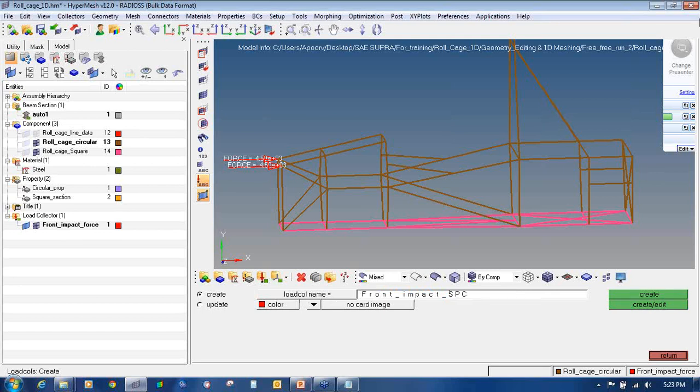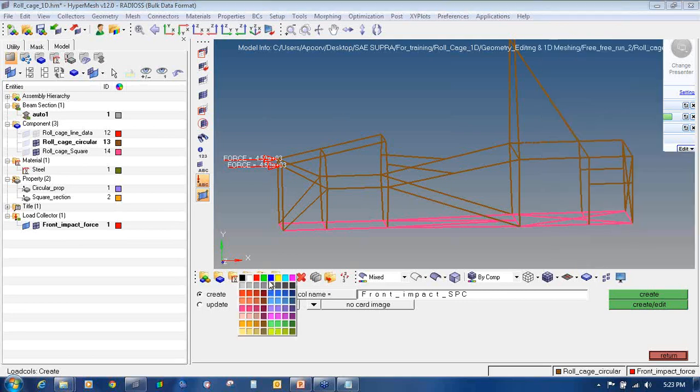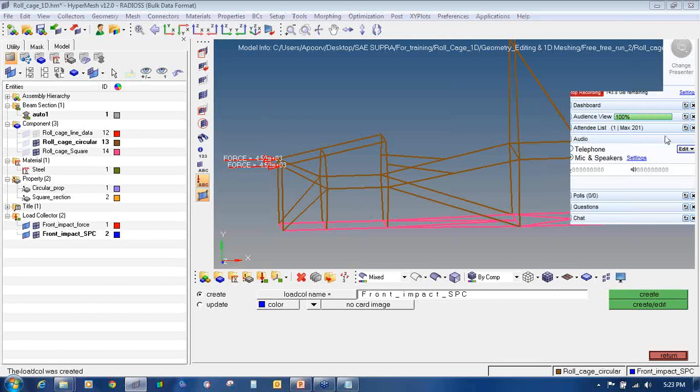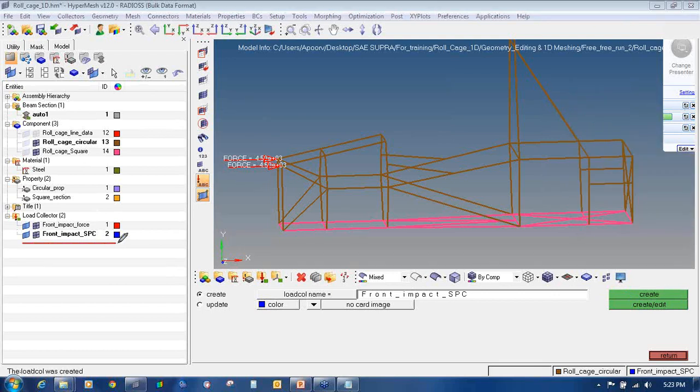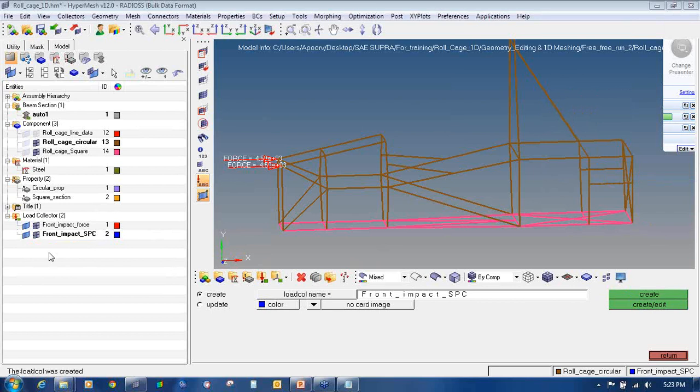SPC stands for single point constraint. Define a color for it. By seeing the color itself, I can identify where the loads are and where the constraints are. Then click on create. Always cross-check on the model browser whether your load collector has been created or not. As you can see here, my front impact SPC has been created.